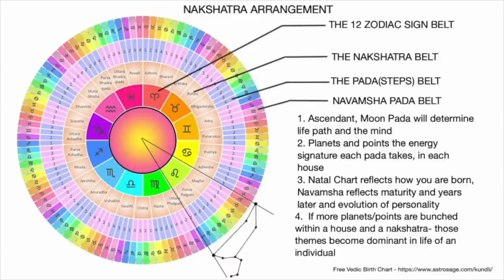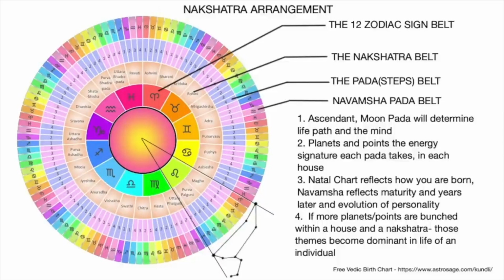The 4 padas are designated as Dharma, Artha, Kama, and Moksha padas, showing us the graduation steps of soul evolution. The easiest way to grasp a nakshatra and the theme it represents is by understanding the deity of the nakshatra, the Devic energies that govern that, and second, by the associated symbols representing each nakshatra. We shall examine this in the nakshatra videos.